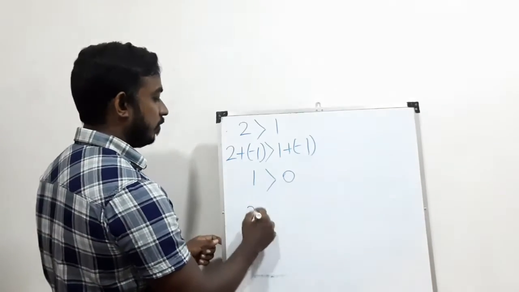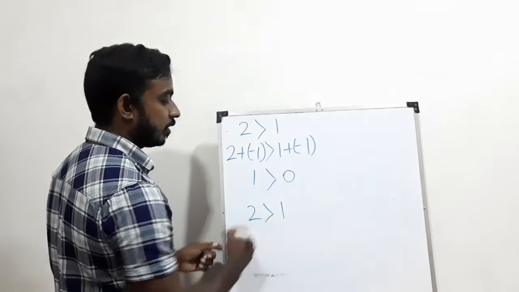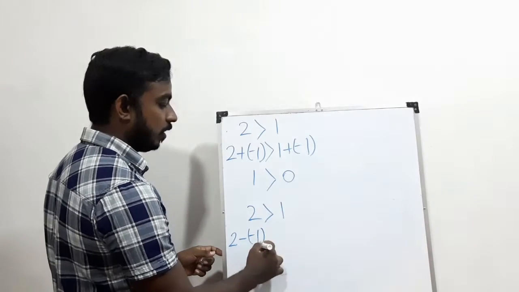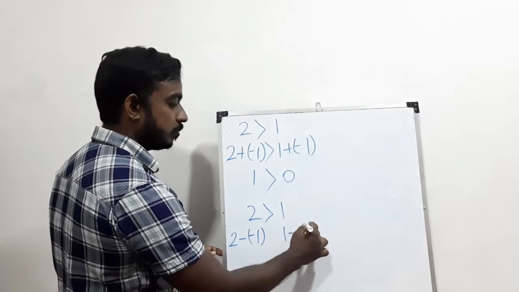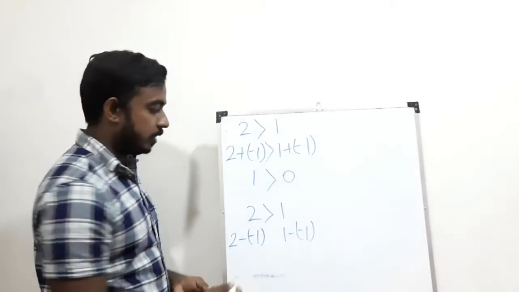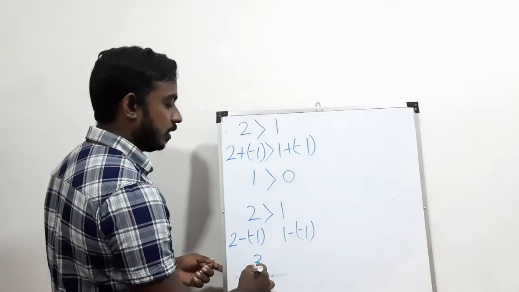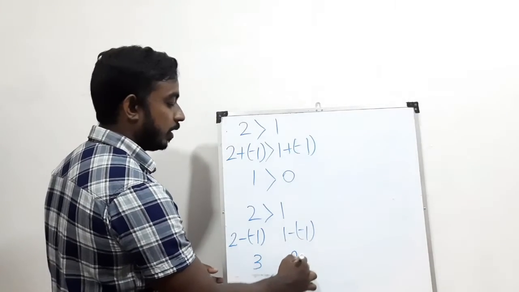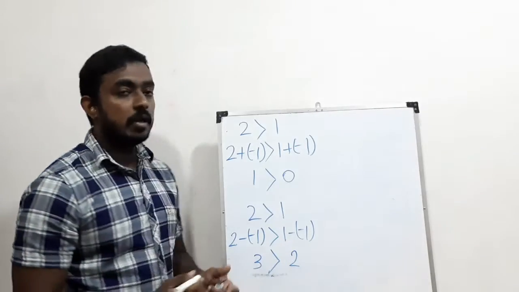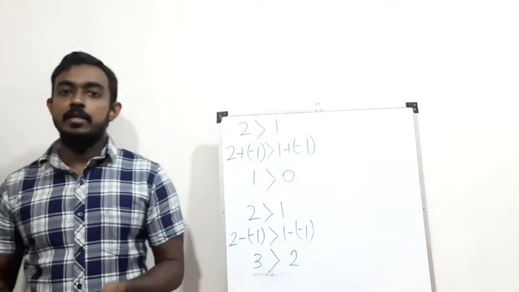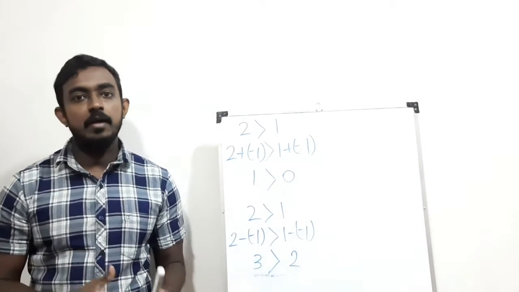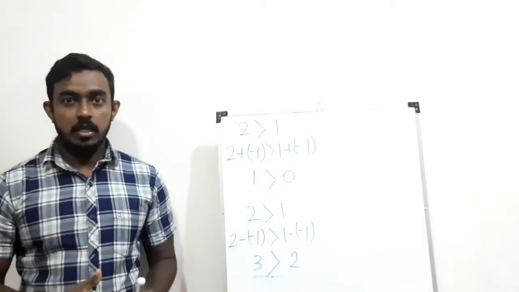Okay, then let us see when we subtract. 2 is greater than 1. So I'm going to subtract minus 1 from both sides. 1 minus minus 1. Then minus minus will be plus. Then I can write it as 3. Minus minus plus, so I can write it as 2. Therefore, again the inequality mark does not change. Therefore, we can say that the inequality mark does not change when we subtract a negative integer from an inequality.